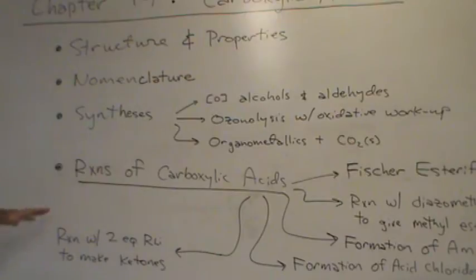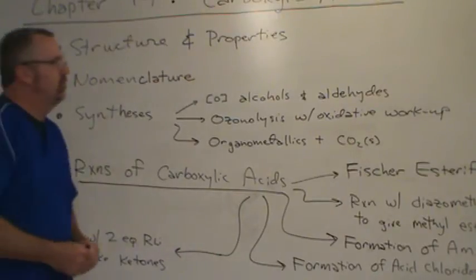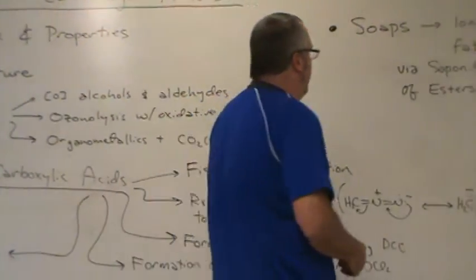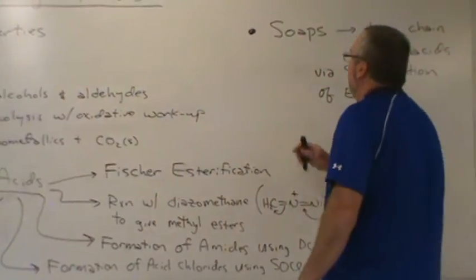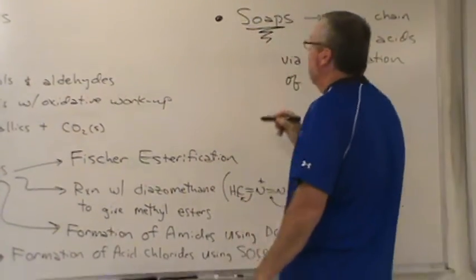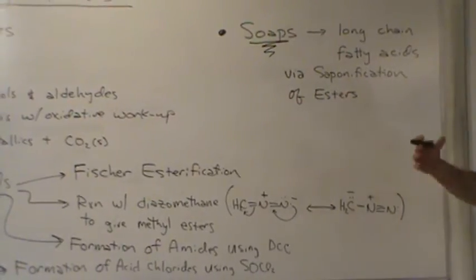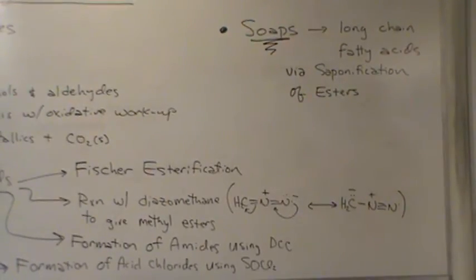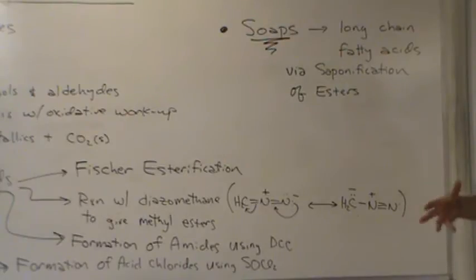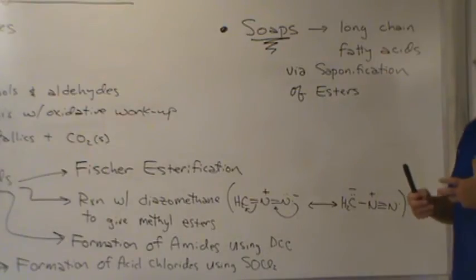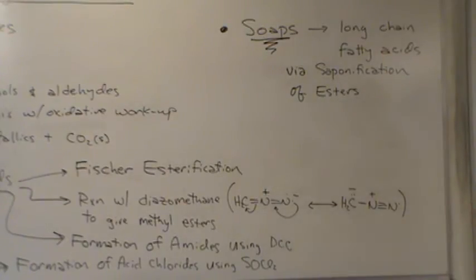Finally, after we finish all that discussion of reactions of carboxylic acids, we're going to end by discussing something that is important in our everyday lives, and that is soaps. And it turns out that there's a number of soaps that are made by a number of different people on a small scale, on a large scale. Traditional soaps that may have been made on farms, for example, back in the day before you could purchase soaps